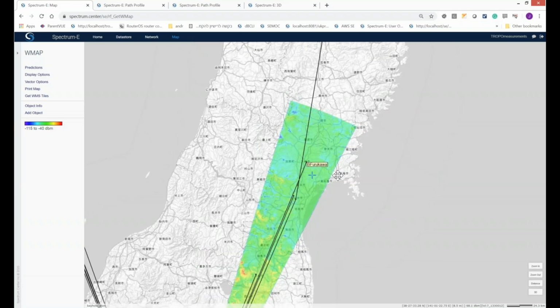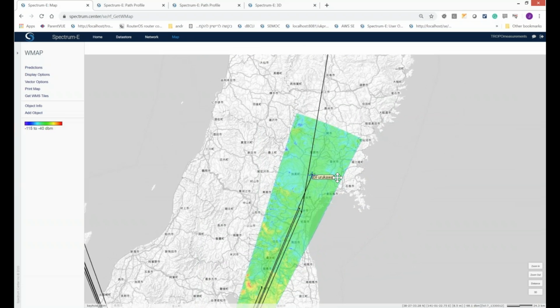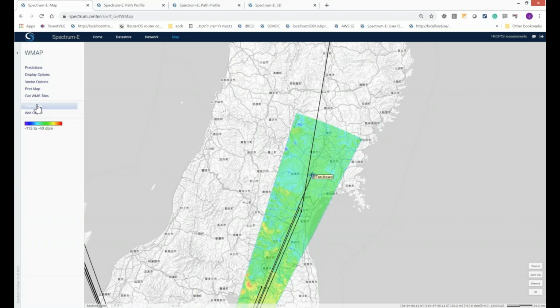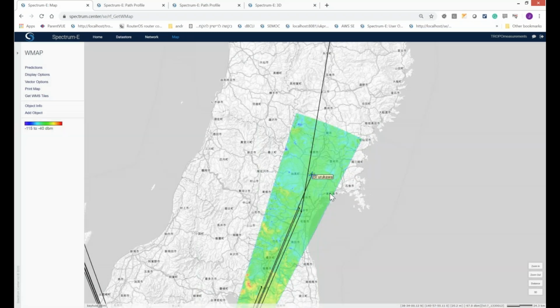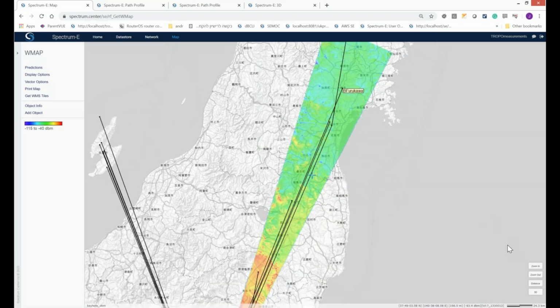And to move it, of course, you just hover over the receiver, and then going to object info, you can select to move the object as you want. And if there's multiple objects, you can move others. And that's how you can design, plan